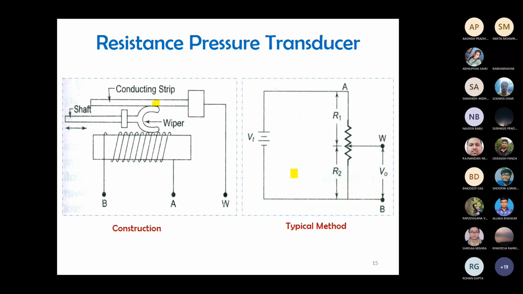The same thing is also shown here. The variable resistance path is there, so the wiper length is there. If it is moving and changing its position, your output voltage V0 is changing. Your terminal voltage VT is there and V0 is there. So with the changing of that W, the entire thing will change, and you are able to measure the value of V0. If you have the readings of R2 and R1, R2 and R1 meaning the resistance of the entire path and of the part where your wiper is connected, at that position.